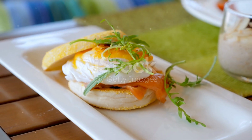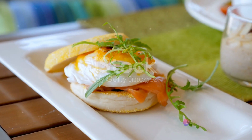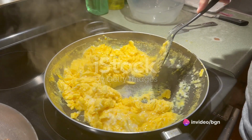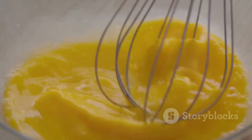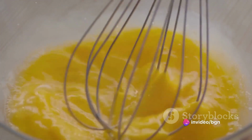The giant rolled omelette. A testament to the simple art of cooking eggs, elevated to a monumental scale. It's a process that takes time, skill, and a whole lot of eggs. But the result? A breakfast delight that's more than just a meal. It's a spectacle. So, to recap, 60 eggs whipped into a frothy blend, seasoned with salt and green onions, cooked